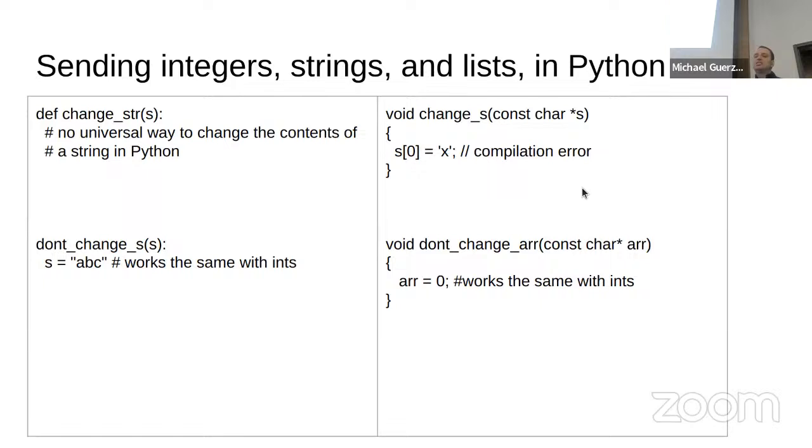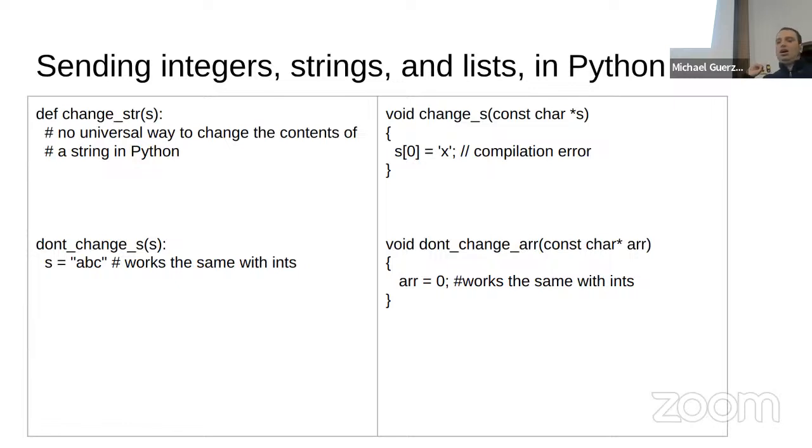So in C, if you're using a const char star, that's kind of the same as having a Python string in that the compiler is just not going to allow you to try to change the contents, right? So you try to say s at 0 equals x. What's going to happen is it's not going to compile. So it's not going to be a runtime error. It's not going to give you a program to run because that's against the rules,